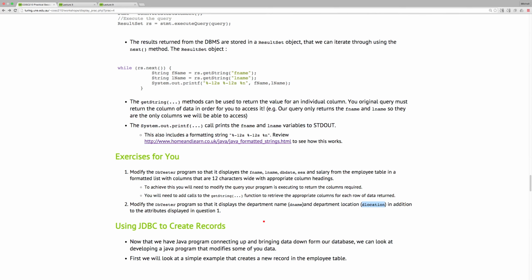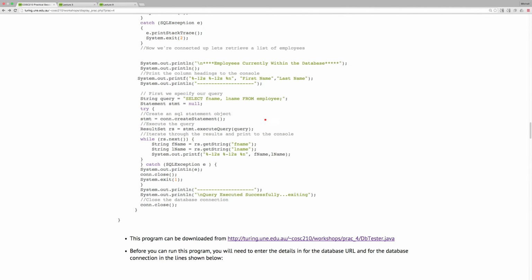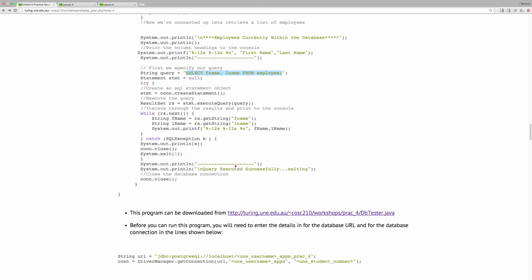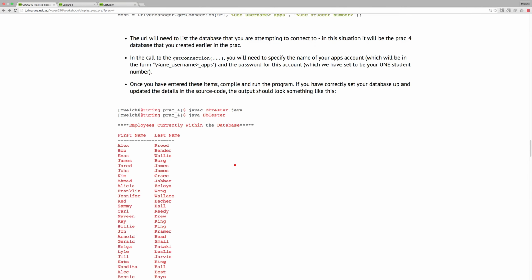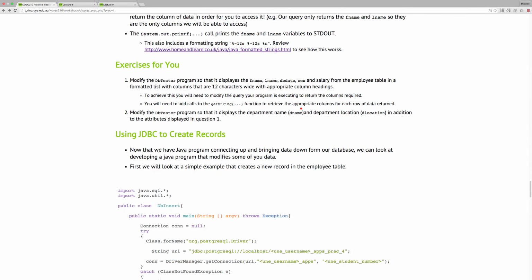So you'll need to execute a join. You'll need to join two tables together when you execute this query. So you'll modify your query so that it joins the employee table to the department table, and you'll have to make sure that you get the appropriate attributes back out to print out to the screen. So go through those two exercises first, then we can move on to the second part of today's practical, which